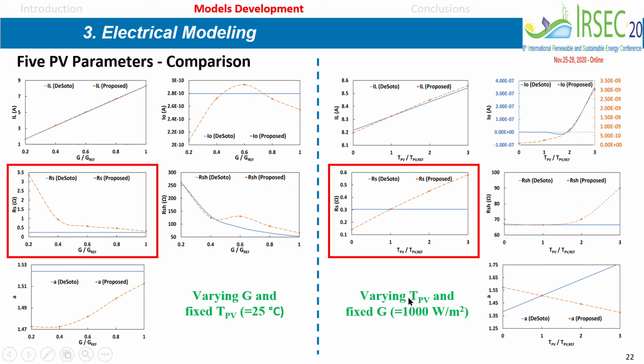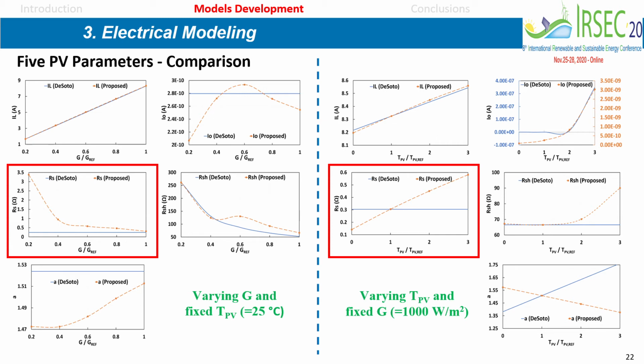But now if we keep the irradiance constant and vary temperature, again the photocurrent is almost the same as De Soto, but the 4 other parameters are completely different. Let's just take these examples that are circled in red here. You can see that De Soto keeps, in both cases, varying temperature and varying irradiance, the series resistance constant, but it varies drastically by our model, which is physically